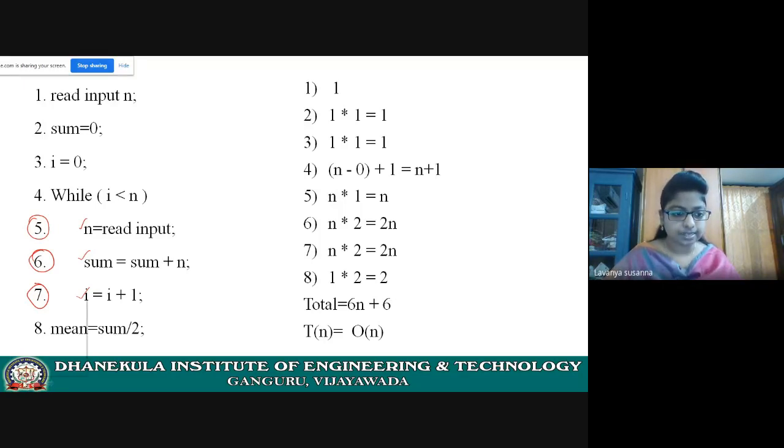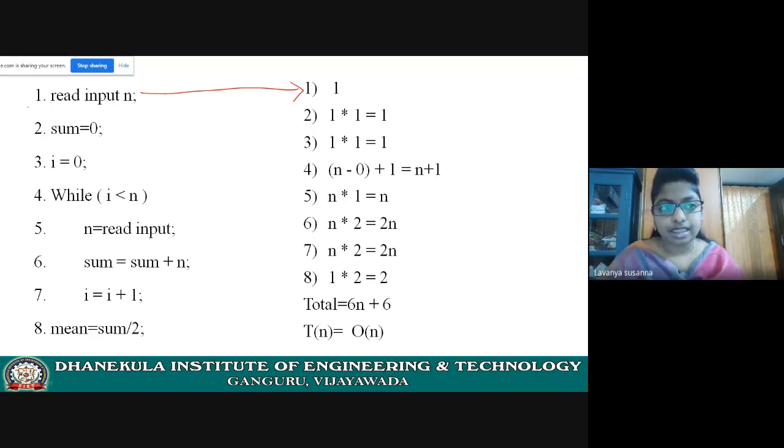Now let us see the time complexity. Here, each and every statement will execute only once. T of n equal to number of times statement executes into number of basic operations.